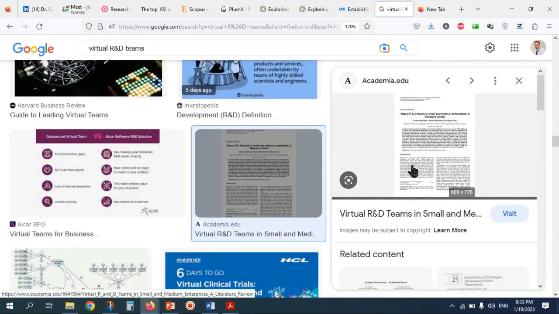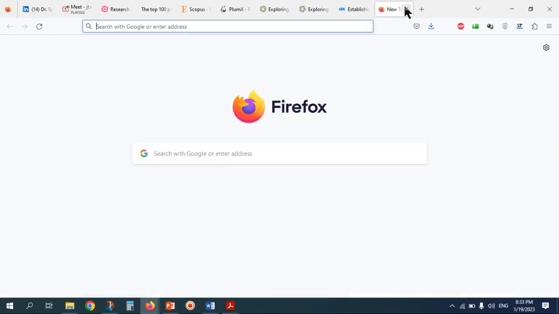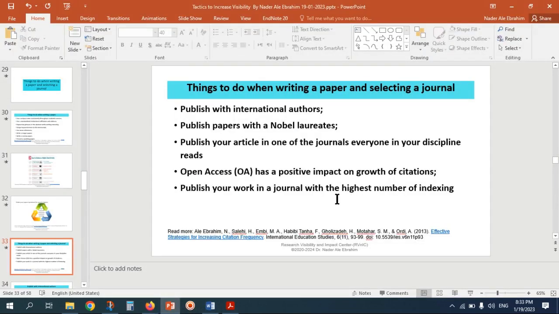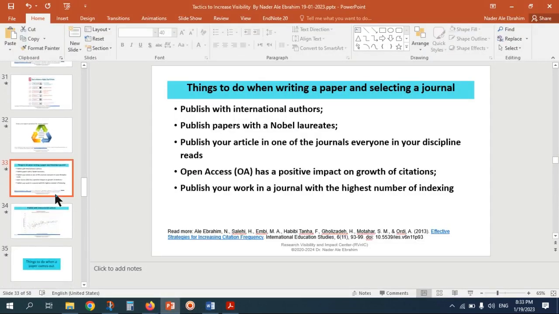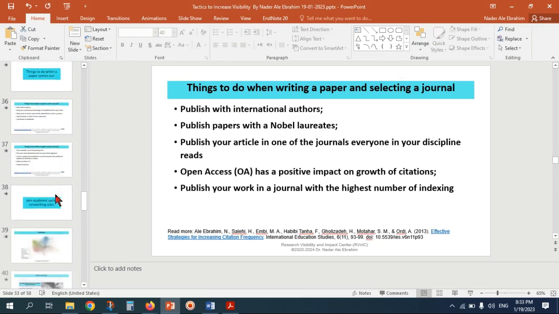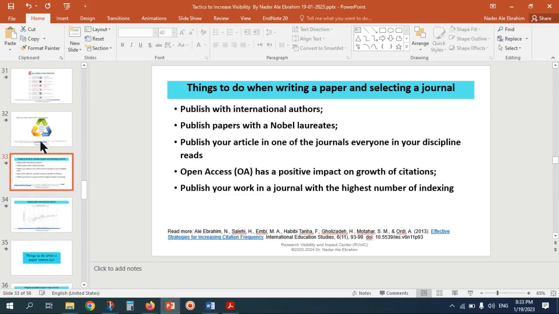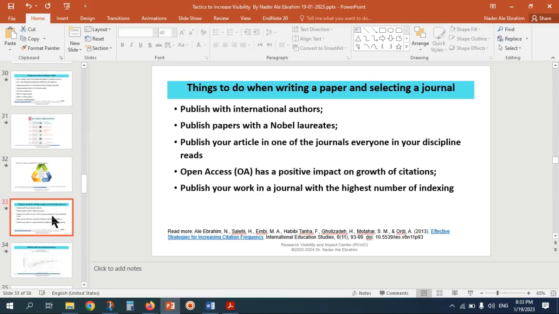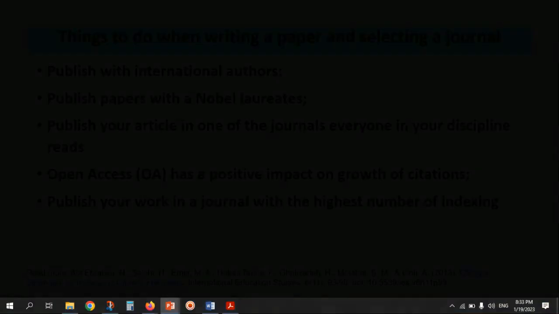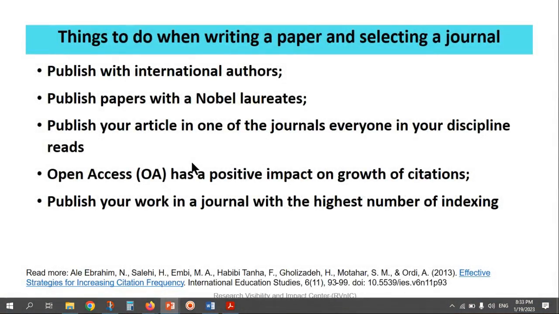So from the beginning, you have to select a brand name for yourself. I think I put something about the brand name here. No, I didn't put it. Maybe in my other slide you can find the characteristics of the brand name.